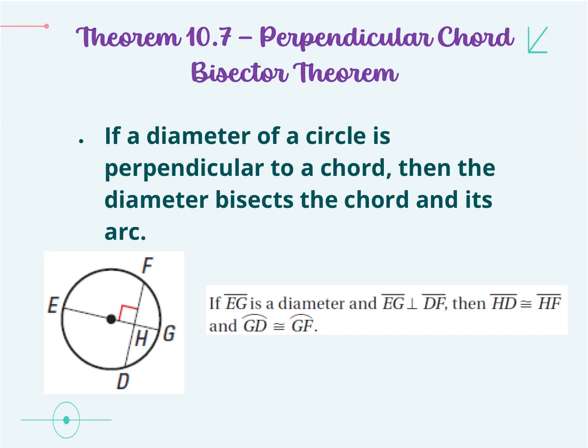We have theorem 10.7, perpendicular chord bisector theorem. It states if a diameter of a circle is perpendicular to a chord, then the diameter bisects each chord and its arc. So if EG is the diameter and EG is perpendicular to DF, then HD and HF and their arcs